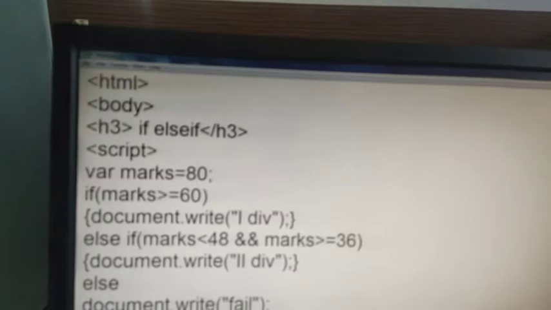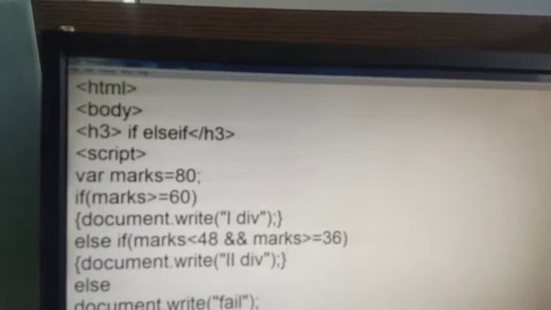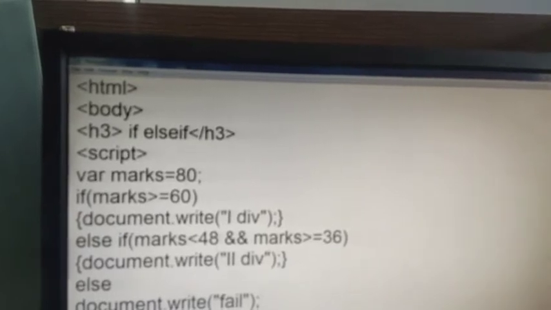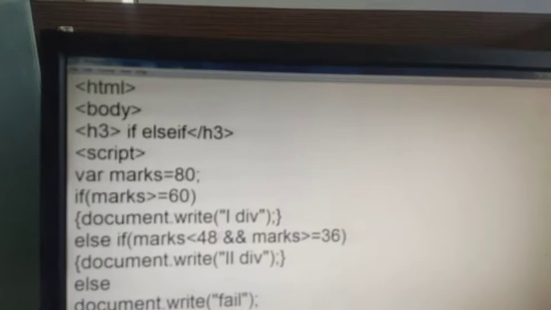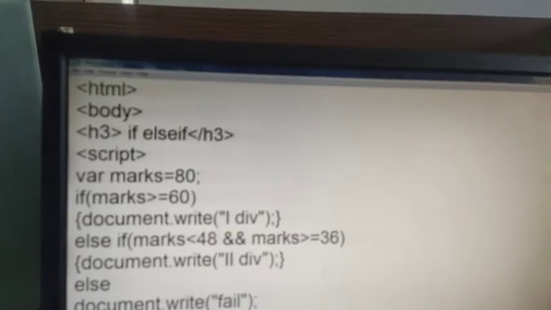Else if marks is less than 48 and marks is greater than equal 36, it means 48 to 36. Wait beta, just wait. You have to make a change in it.